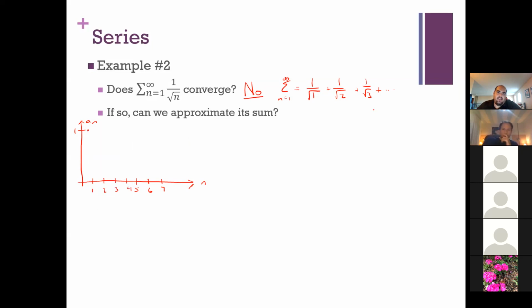So this one, in fact, the sequence goes to 0, but not as rapidly as the last one did. Our first term is 1 in both of these sequences. The second term for our previous series was 1/4. This one's going to be 1 over the square root of 2, which is around 7/10. And then 1 over radical 3 is a little bit higher than a half.